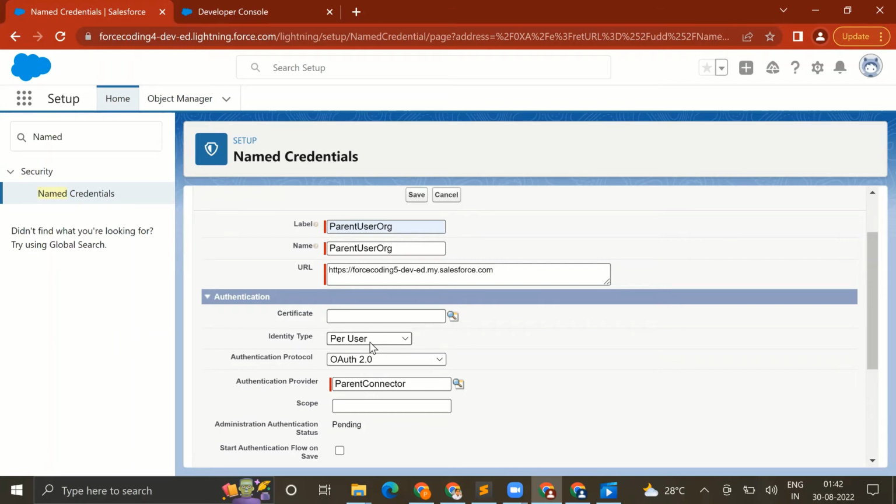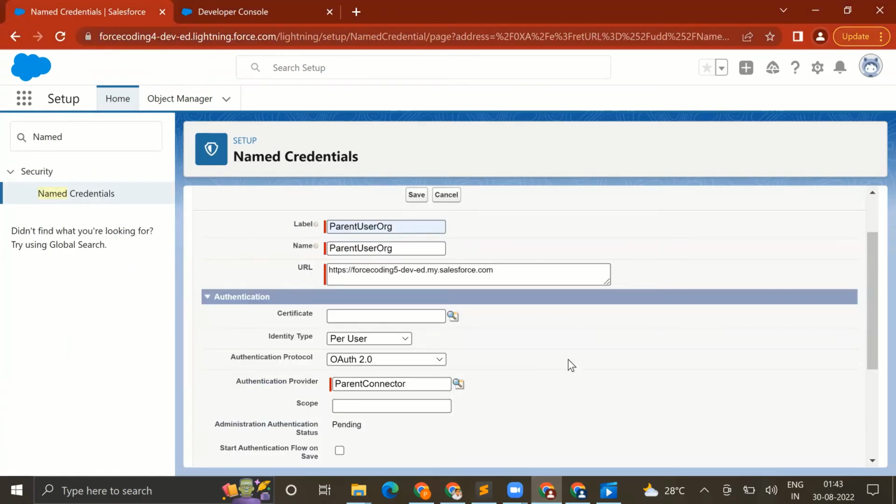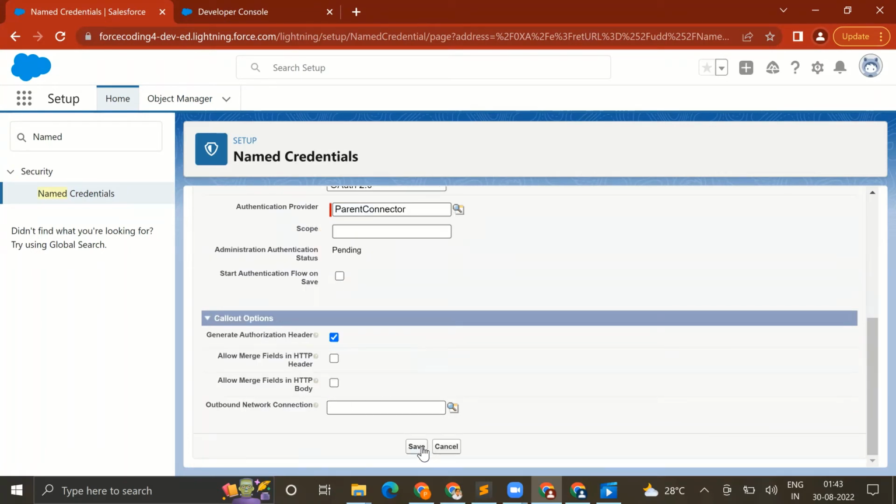So it is their responsibility to log in using the credentials that they have in this org, and they can access that data accordingly, with whatever permission and access level is assigned to the profile in the parent org, right? So now for the sake of simplicity, instead of creating multiple profiles and multiple things, let's test this in this child org using the system administrator only. So first of all I'll quickly save this,